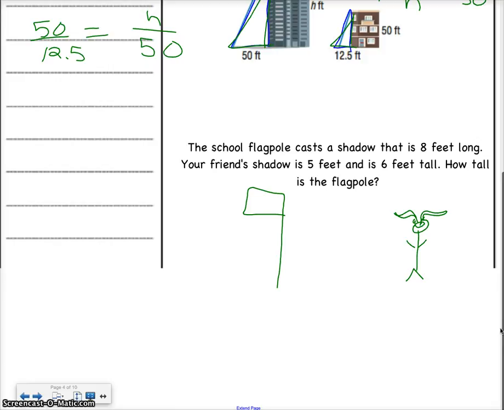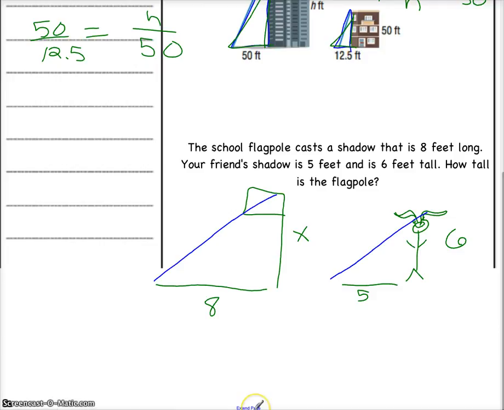Now here are the two situations I'm talking about. The flagpole casts a shadow that's 8 feet long. A shadow is on the ground, isn't it? 8 feet long. Your friend's shadow is 5 feet. Your friend is 6 feet tall. How tall is the flagpole? Can you see where the triangle would come? That's what I want you to be able to visualize. The triangle would be like this. Can you see the triangle's neck? And then you can create that proportion